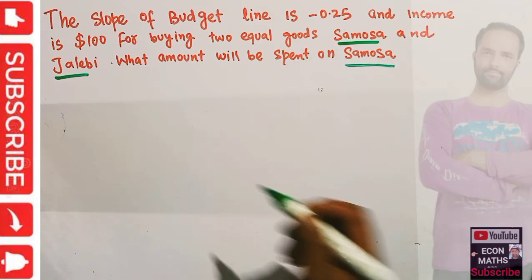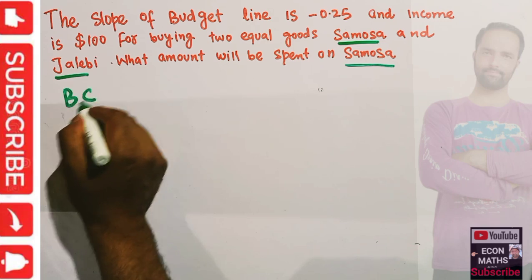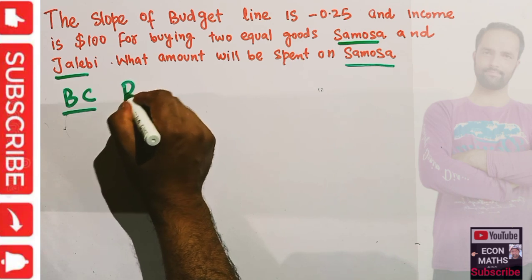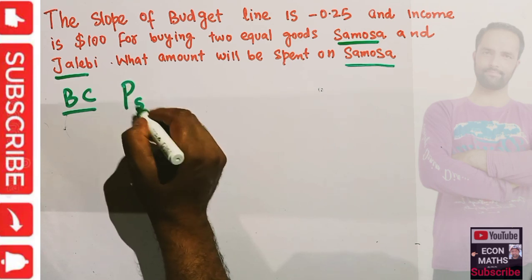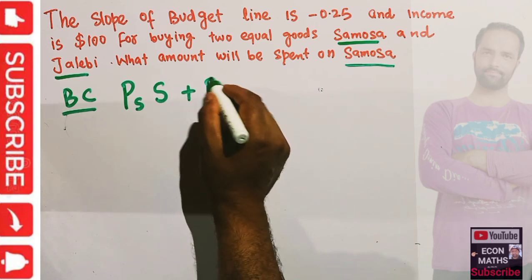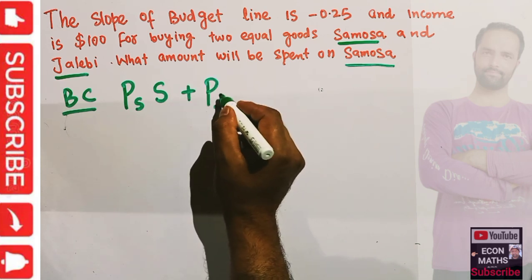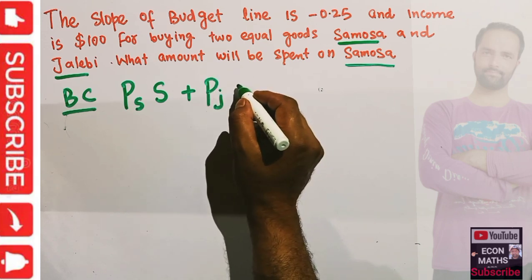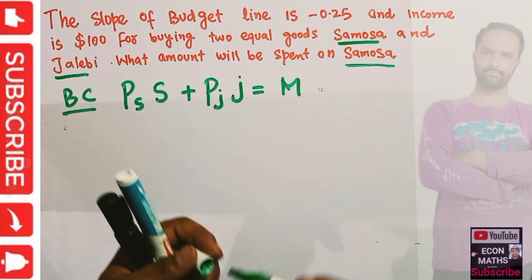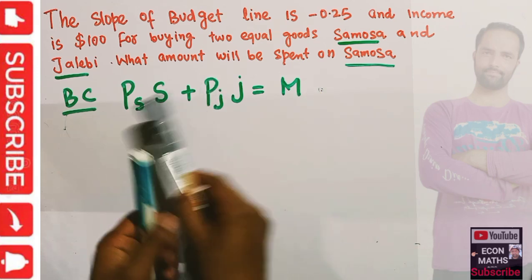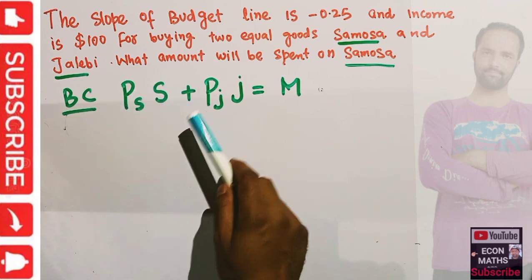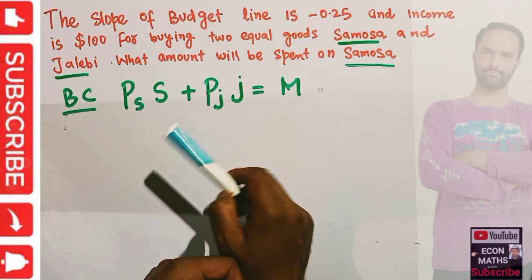Okay. So what will be our budget constraint? We know budget constraint. Let's denote, P subscript S means price of samosa times units of samosa plus price of jalebi denoted by PJ into units of jalebi will be equal to M, which is income. Okay, simple thing. This will be our budget constraint. That means price of samosa times units of samosa plus price of jalebi times units of jalebi will be equal